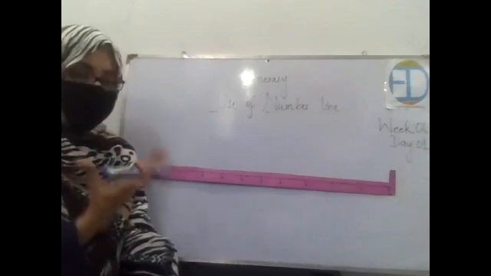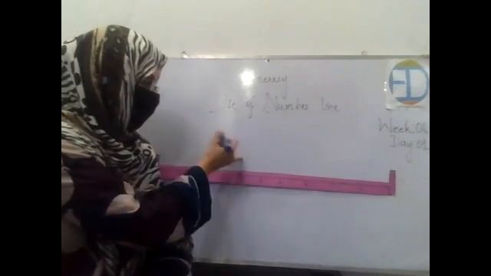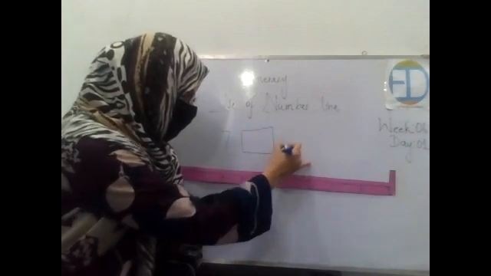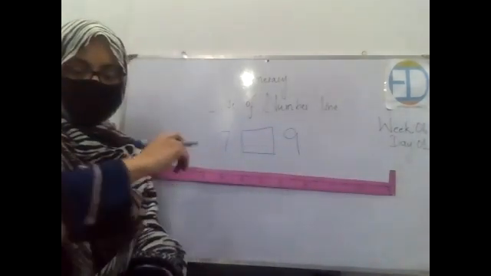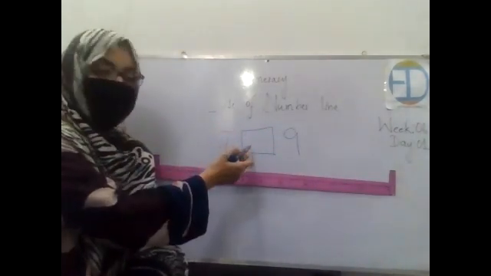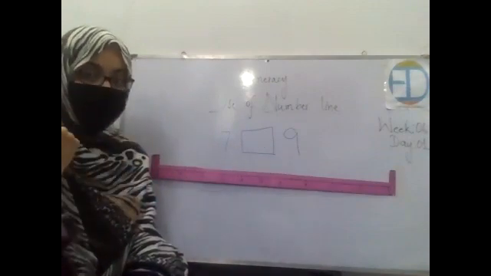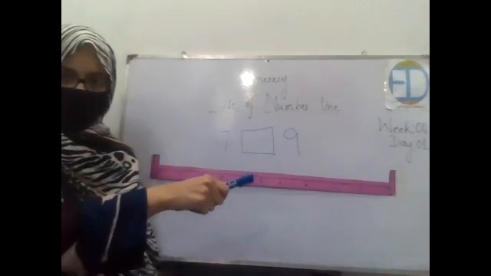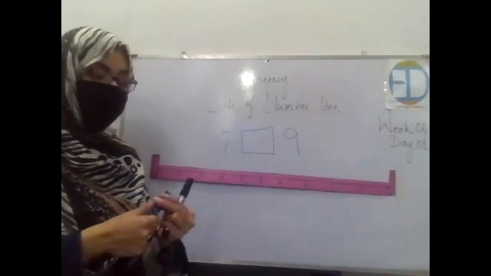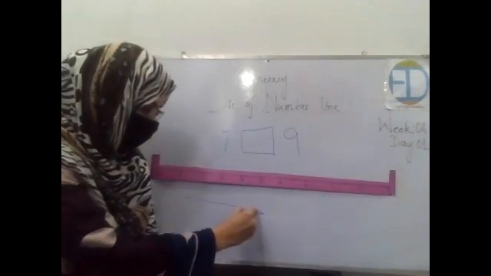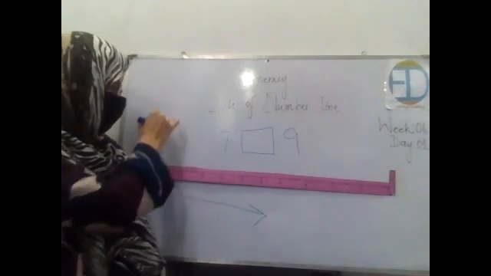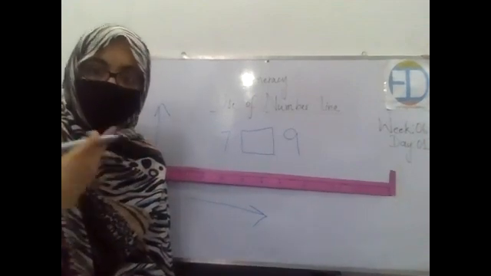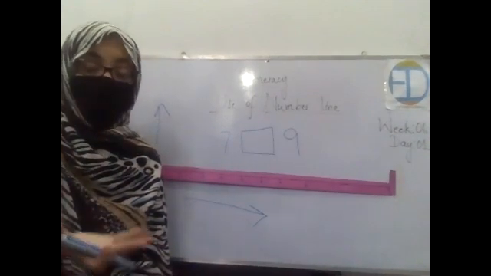So here I am writing the numbers for you. Let's say I write two numbers. There is this 7. This is the question for you: please find out the missing number. Now there is only one blank. This means that only one number is missing, right? So how can you identify that? You will first draw a number line, right? I told you that we can draw the number line in two ways. This way is known as horizontal, and if we draw it in this form, it is known as vertical. So we can draw the number line in both ways, horizontal or vertical.